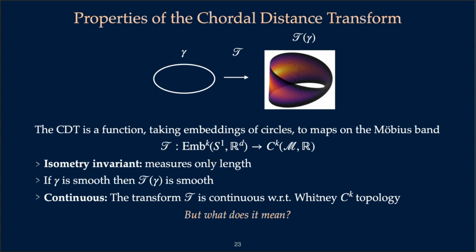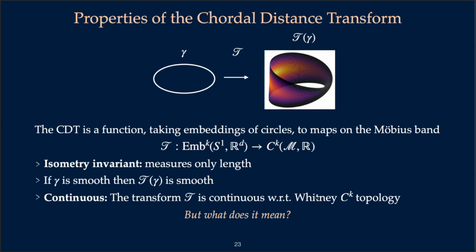That's not too hard to see, maybe, but then this transform is actually continuous with respect to Whitney's C^k topology. This just says there's a natural way of quantifying what close embeddings mean in this space. And so if we vary our embedding continuously, then this transform also varies continuously. And in fact, if you let k go to 0, so if we just look at continuous maps, continuous embeddings, then this is 2-Lipschitz, right? So we're